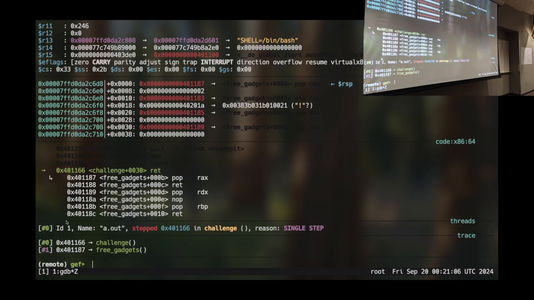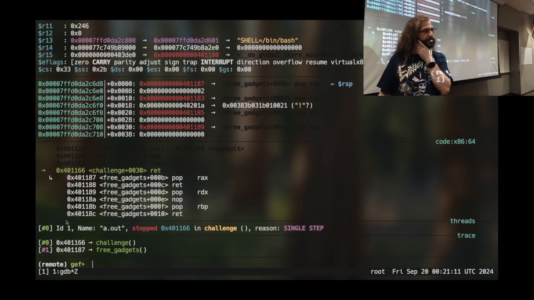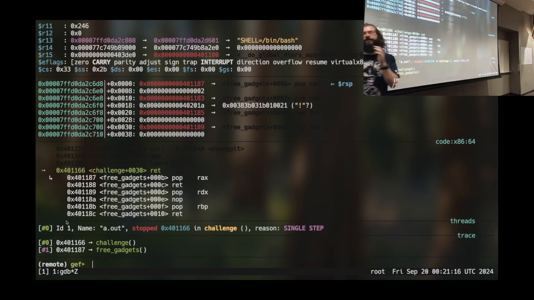What does leave do? This is more important for the second half than the first half, but it's important. I'm gonna take a guess. It's like doing the epilogue of a function, right? Right. So the statement for Twitch here was it's part of the epilogue, which it is. Your functions end with leave followed by ret.